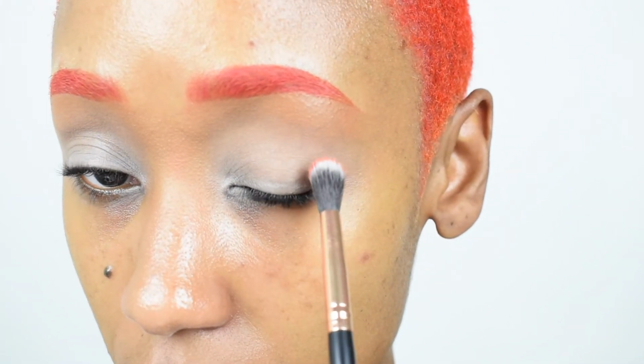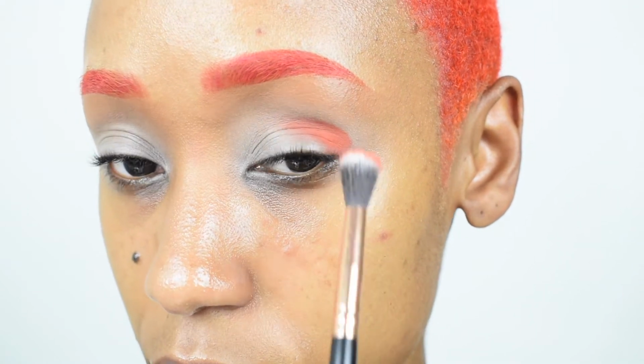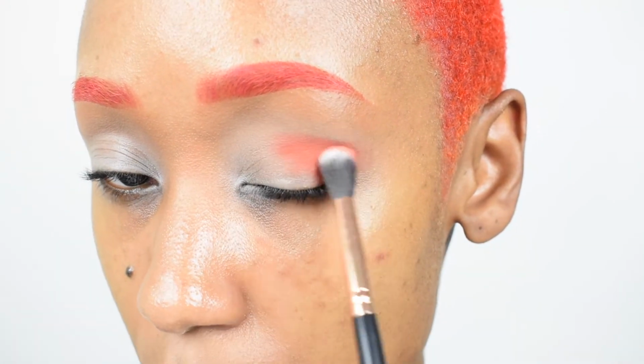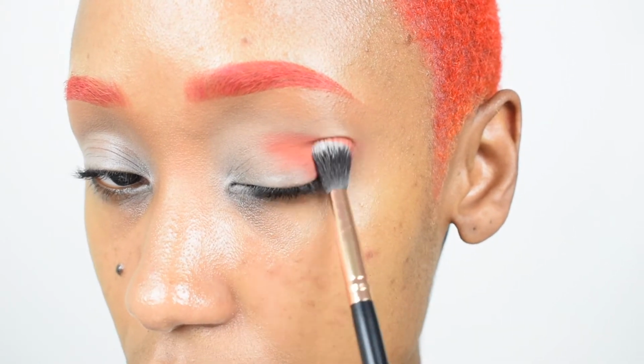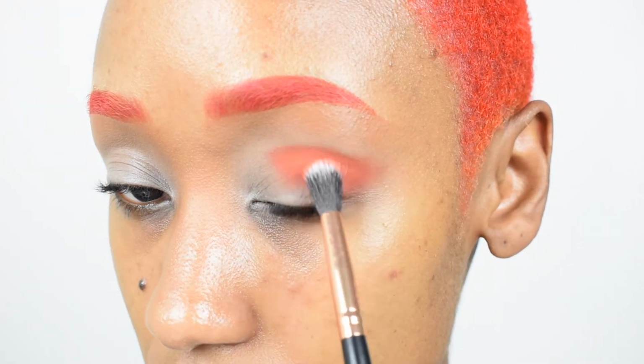I'm actually gonna start this look off with Red Brick. I know y'all are gonna get so sick of me in this color, but yeah, like I was saying, I have to get it out of my system. So we're just gonna put this in my crease, tap this away towards the tail of my brow, and that's gonna start this really pretty elongated look. And this is one of the new formulated eyeshadows,